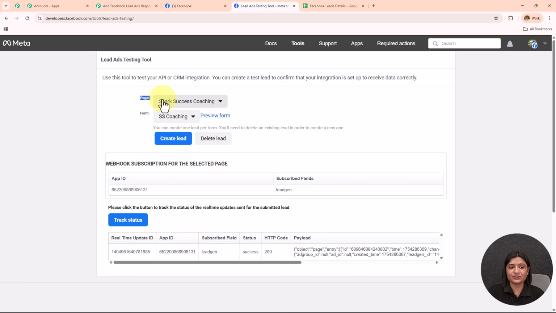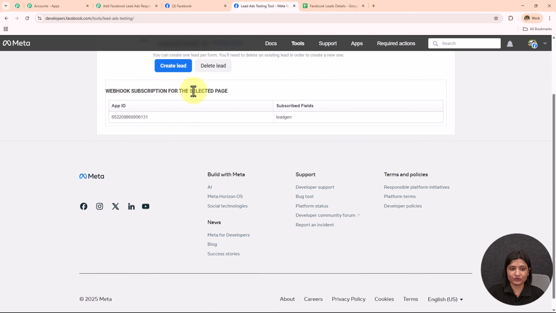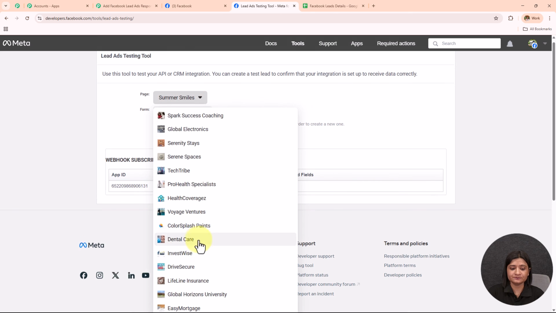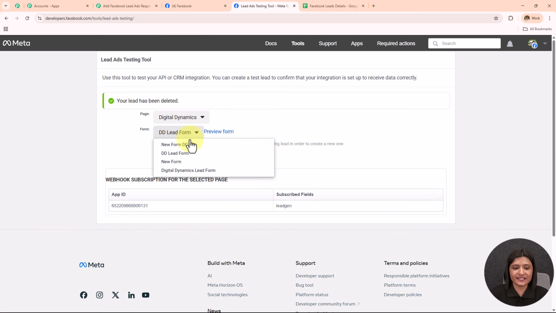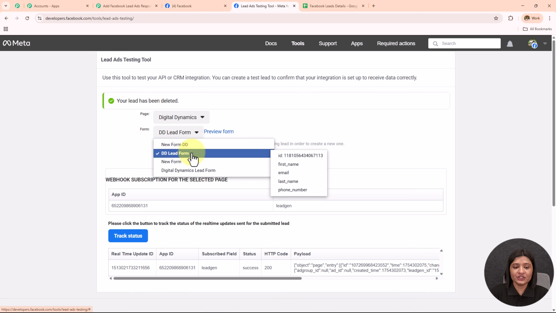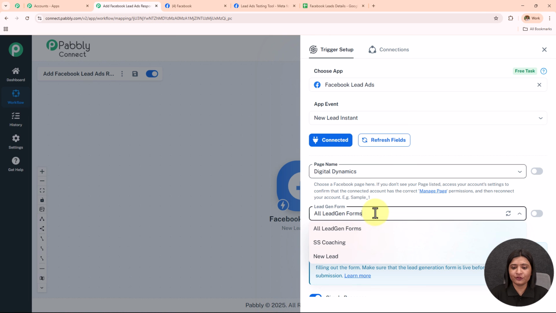Now here you have to search for the page. The name of our page was Digital Dynamics, so we are going to select the same page. You can see all the forms which have been created. I'm going to select it as DD lead form. You can see all the fields which this form has: first name, email address, last name and phone number. So I'm going to select this DD lead form, and I will go back towards my workflow, and from this